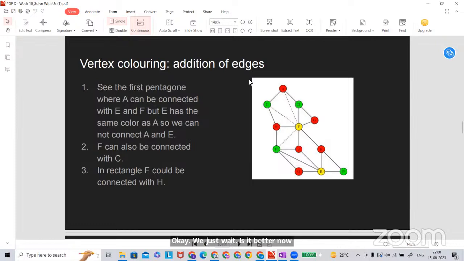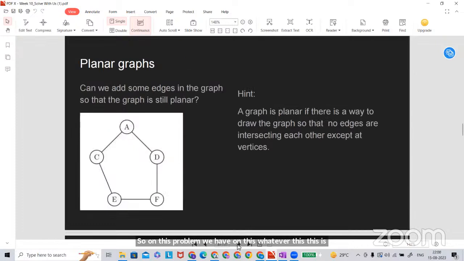Yes, sir. So like we can see, if we connect F with the others, you can see the dotted lines here. If we still connect with these edges, there is not going to be effect on the number of colors. Here we required 3 colors. So still, if we add edges here with F, if you connect C and F, A and F, still the number of colors required is 3, the same. So on this, we have one problem. Okay. And then another thing is